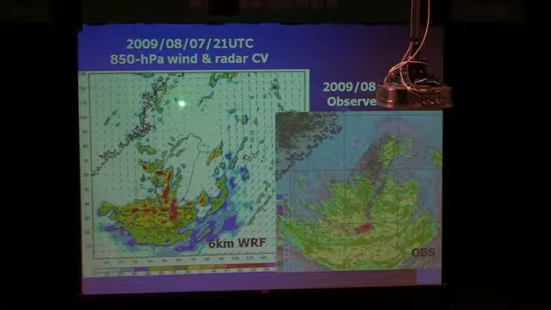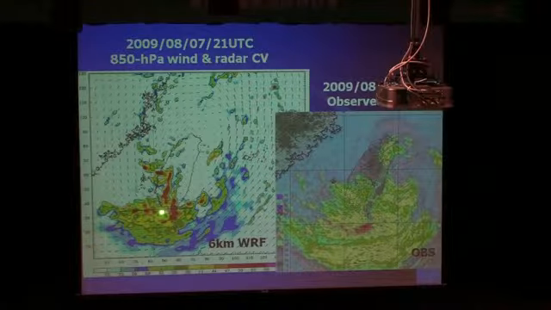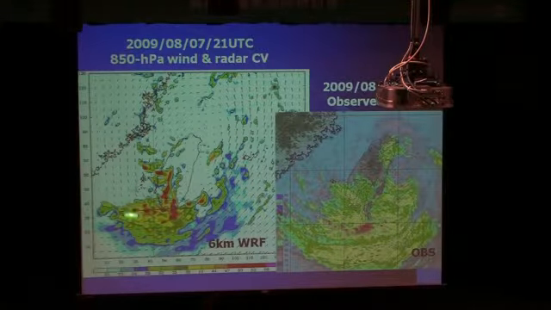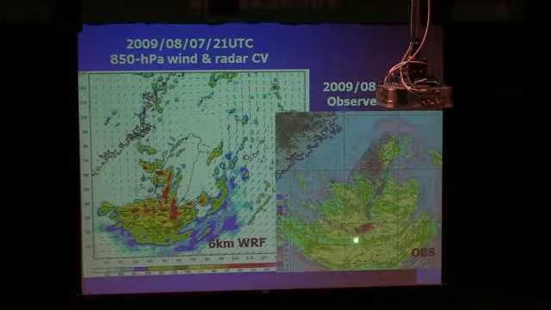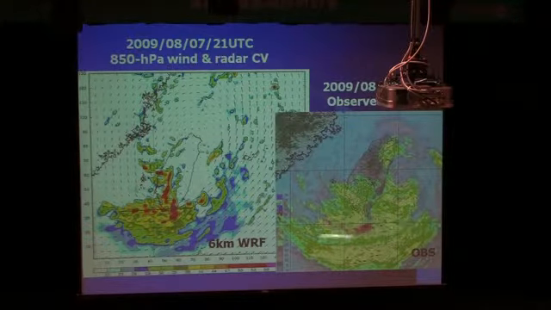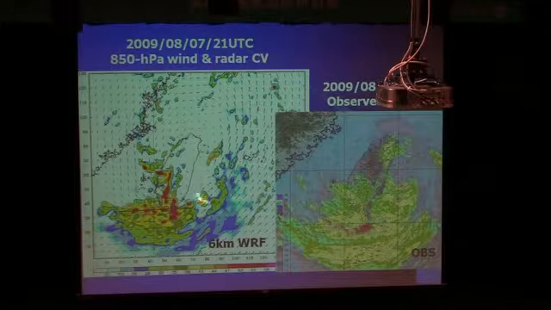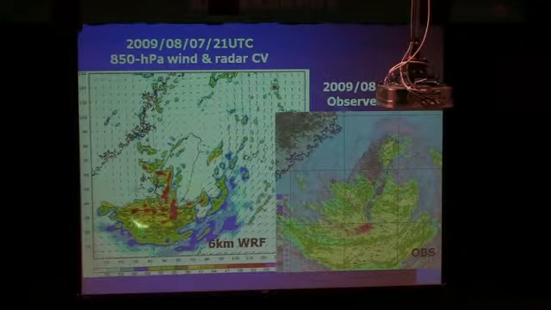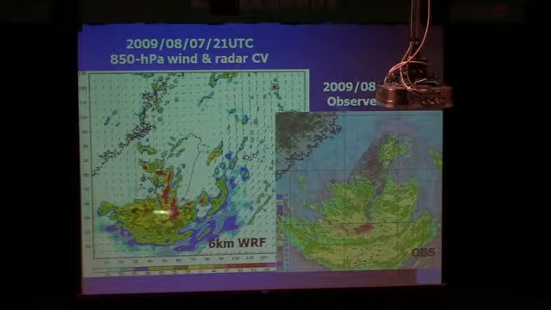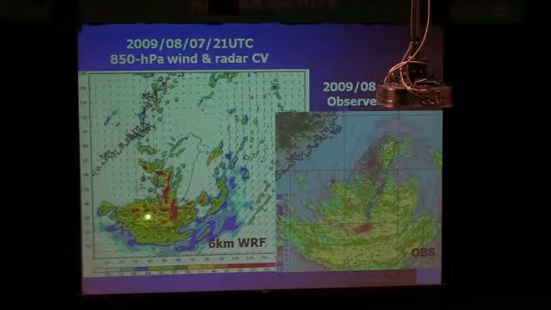At August 7th, 21 UTC, we can see multiple cellular structures embedded within this rotating principal rain band. And this is the radar composite. We can see a good correspondence of the rain band structure here compared to here. However, on the eastern side, the simulation does not capture it well. But for the main feature, the cellular structure within the primary rain band is quite well captured